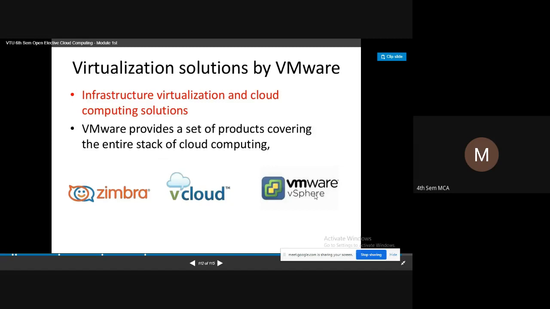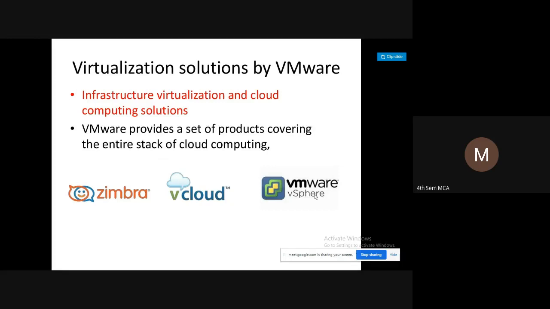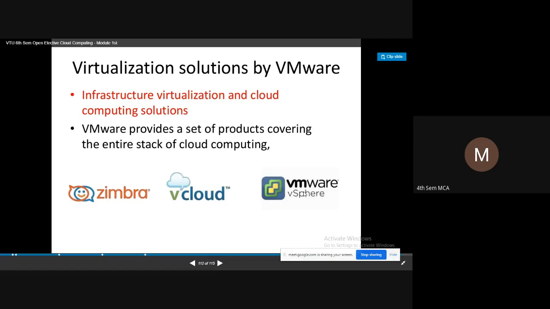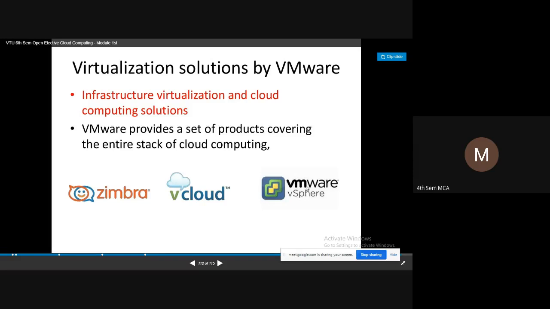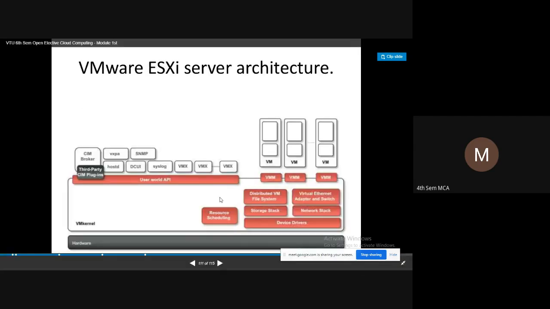We call it a client, the VMware client, or the vSphere client. That can be installed explicitly, and that is once again licensed software, and it has a web interface. The web interface version of VMware vSphere is called the web client, using which we can interact with the VMware ESXi server. For example, let us assume